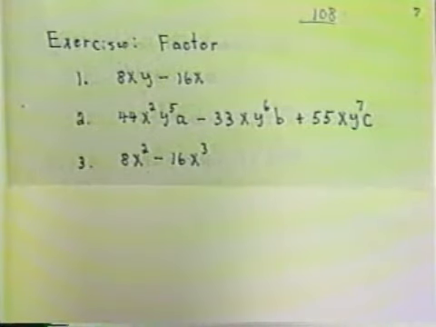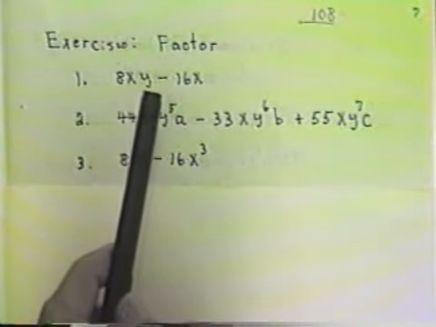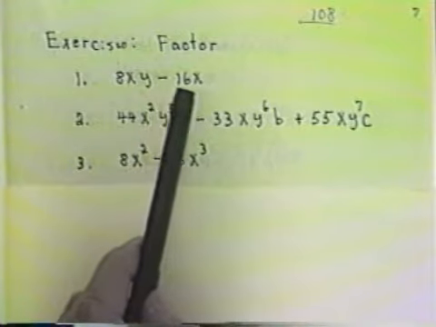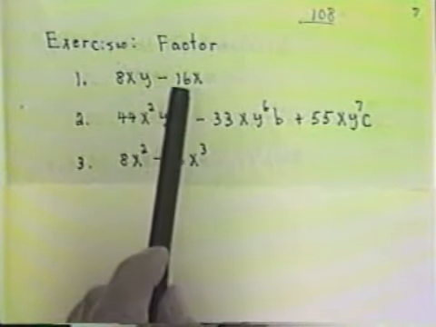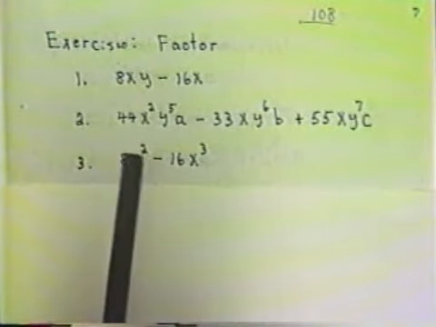Now it's time for you to do some exercises. Carefully copy these three problems, and when you have copied them, stop the tape and factor, and then restart the tape to check your answers. The first one, 8xy subtract 16x, or 8xy minus 16x. The second one,